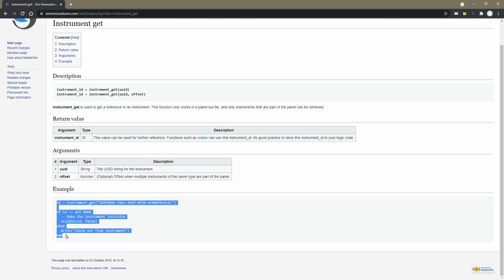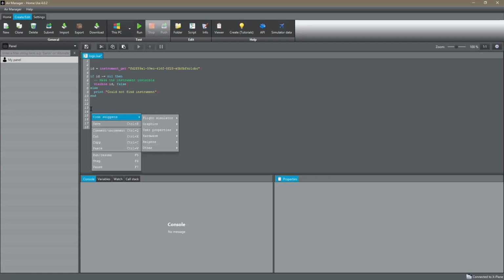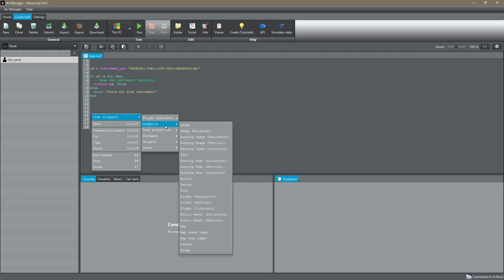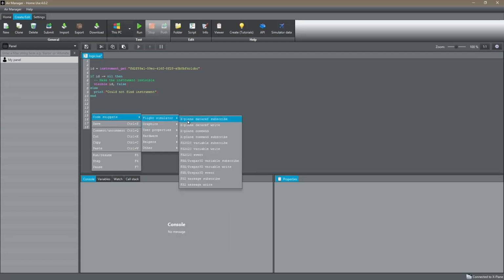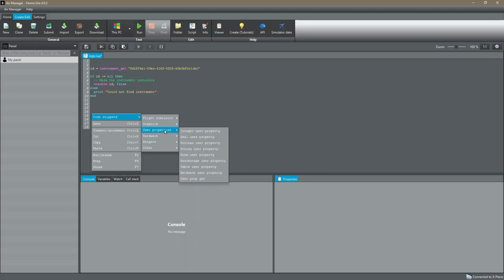So we're going to steal that script, seeing as it's there. A good way of doing it, and it saves typing. The other way, of course, you can do it, I'm not sure if they're there, is you can use this, I right clicked again there, and you can use code snippets. So you go into code snippets and you can see there's all the subscribe and the command things for all the different sims. In the subsection of graphics, there's all the image and buttons and switches and maps and canvas and groups, user properties,